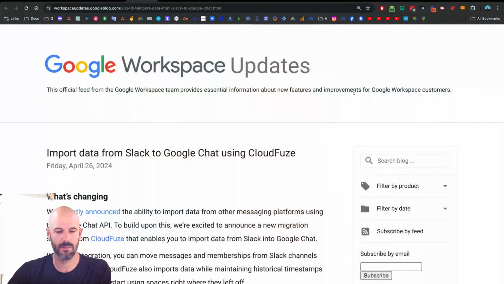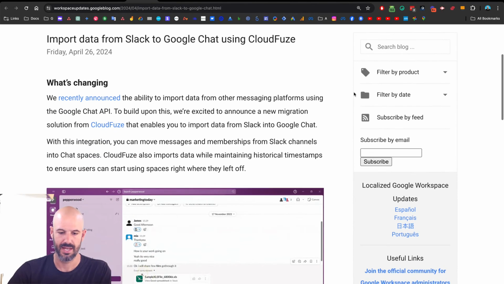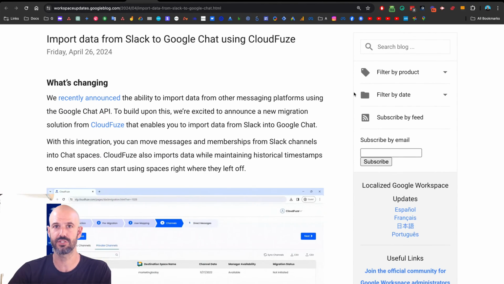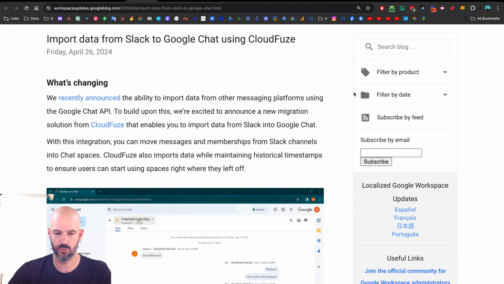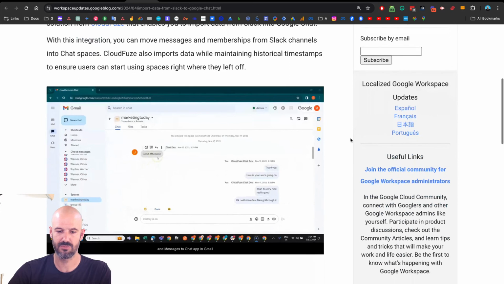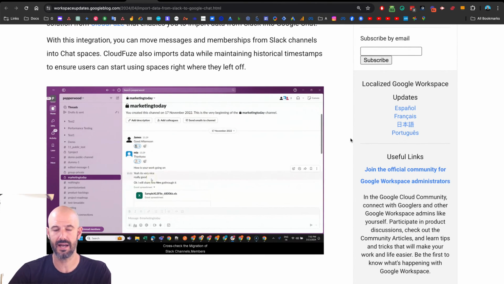Okie dokie, next update. You can now import data from Slack to Google Chat using Cloud Fuse. Now, this is, I think, a great initiative from Google. We've seen many customers who are still using Slack or other chat tools, and this looks like a way to bring your conversations into the Google world. Google recently announced an API for chat that allowed you to import historical data, and I guess